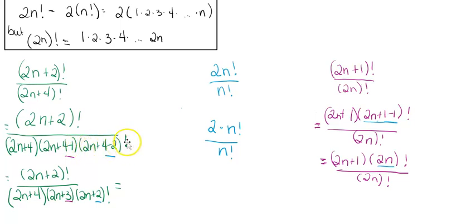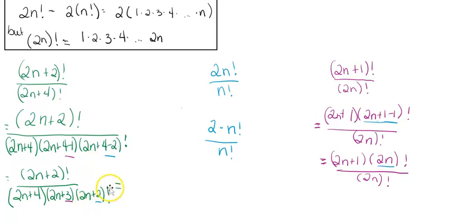And I'm going to stop there. I'm going to make it factorial. I could keep going. I could say 2n plus 4 minus 3, 2n plus 4 minus 4, and multiply all of those factors together, but I don't need to do that because 2n plus 4 minus 1 simplifies to this 3. You see I've underlined them both in purple, but the 2n plus 4 minus 2 simplifies to 2n plus 2